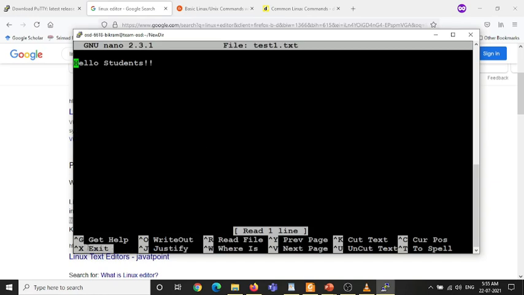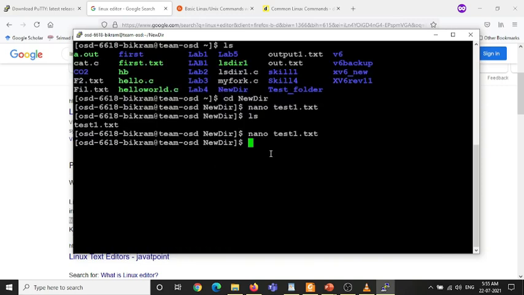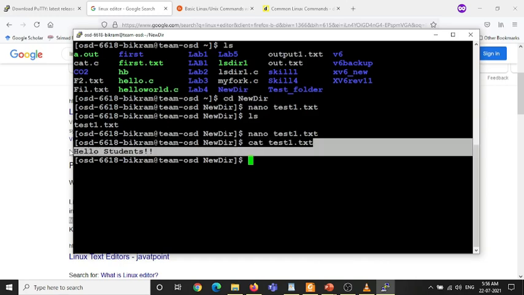So again I am saying how to exit: use Control X. Another way to read the content of text1.txt is using the cat command. Cat space the file name. If you hit enter, the output will be displayed on the screen itself.